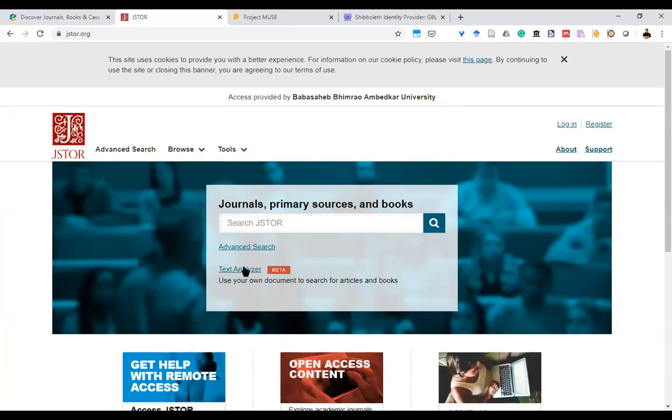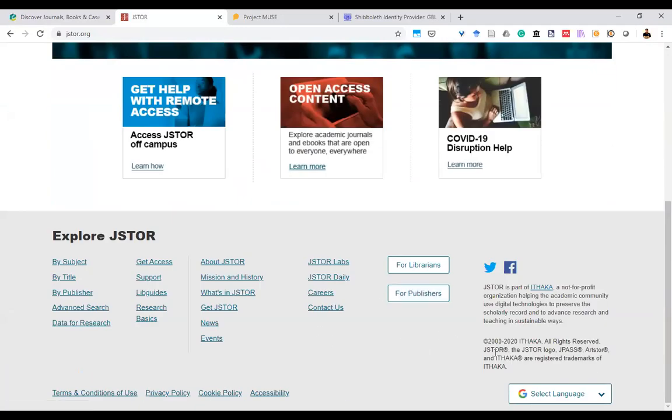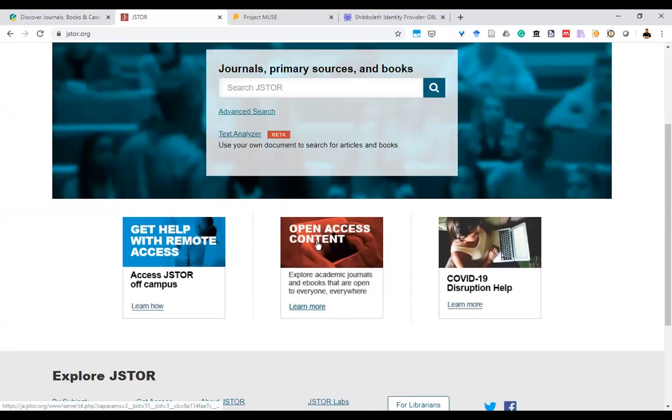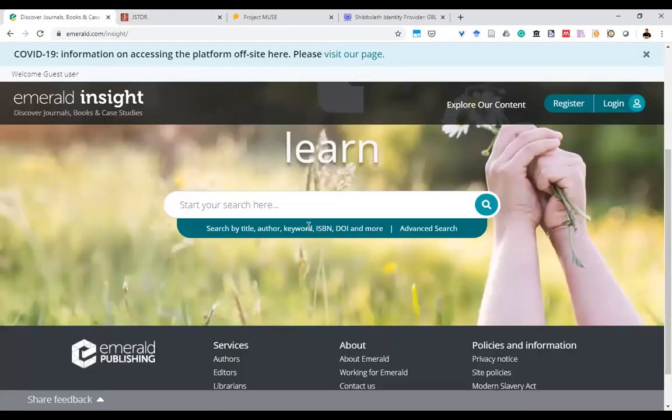Later on when we go to JSTOR, JSTOR has more than 200, 400 publishers who have formed it, they give their records, and it is indexed in JSTOR. We'll come to it later. So if you go to Emerald Insights, the database is free to access, at least for the searching part. But for finding the document, you need to log in, or you need to have a subscription. And it depends, if some articles are open access, then you do not require that. But if some records are not open access, or are closed, then you have to pay.